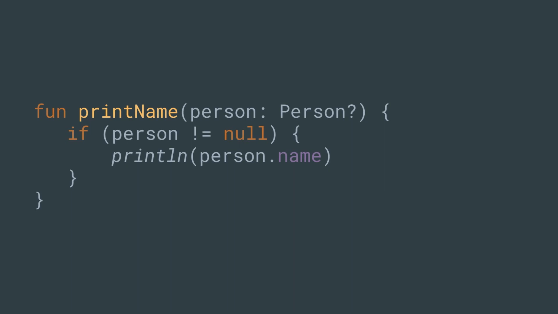By doing this check, the Kotlin compiler is smart enough to know that within the body of the if, that instance can never be null, because otherwise you wouldn't get inside that branch. And then you can just work with your person instance just like you would in Java. This may seem like a trivial point, but it's actually a very powerful feature of the type system. And it makes your code APIs much easier to work with.